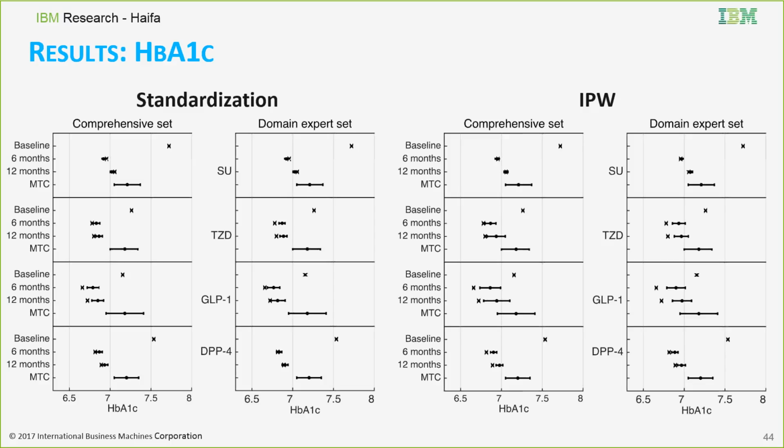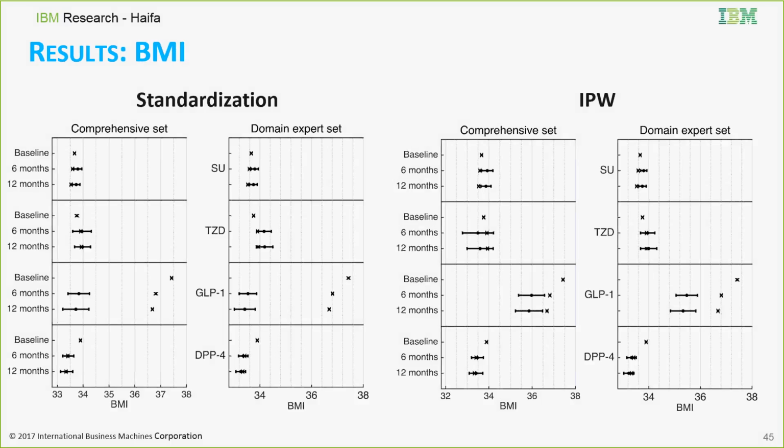main issue. If you want to compare across treatments, you should look at the ATE. This is from the entire population, asking the question, what would have happened if the entire population took one drug or another? So if you're comparing not just 2 treatments but 4 treatments. As I said, if you compare standardization and IPW, you see that in most cases the results are comparable,